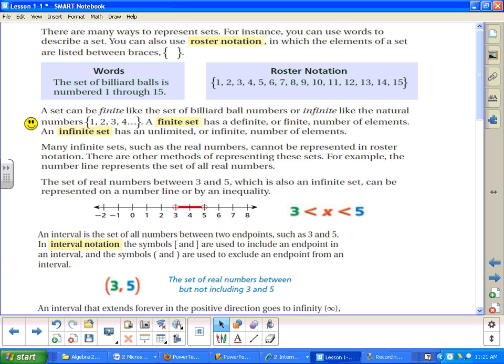A lot of infinite sets cannot be represented by roster notation. For instance, rational numbers cannot be written in roster notation because there are so many of them you couldn't list them all, like we can for the natural numbers or whole numbers. A set of real numbers between 3 and 5, which is also an infinite set, can be represented on a number line or by an inequality. So here the numbers between 3 and 5 are listed on a number line,